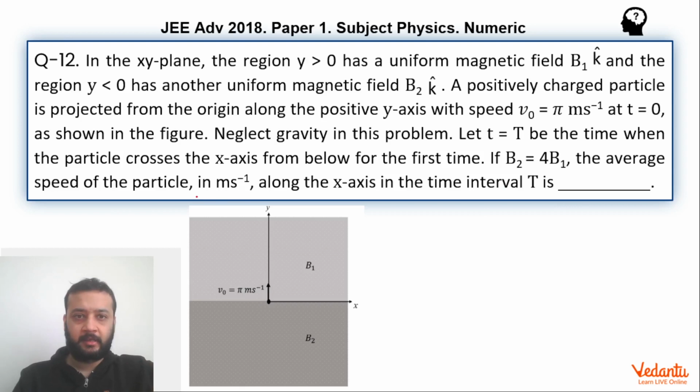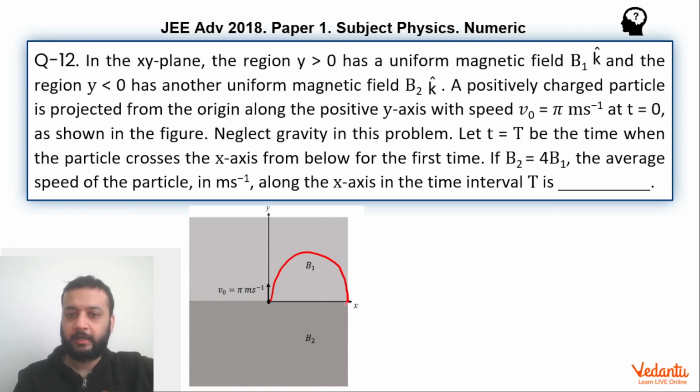You can read this. Let t be the time when the particle crosses x-axis from below for the first time. The average speed of the particle along the x-axis in this time interval. Now it's very easy to see that in the upper half, above the x-axis, the particle is going to follow this kind of trajectory, right? Because velocity is towards y and magnetic field is towards us, so v cross b is pointing in this direction,